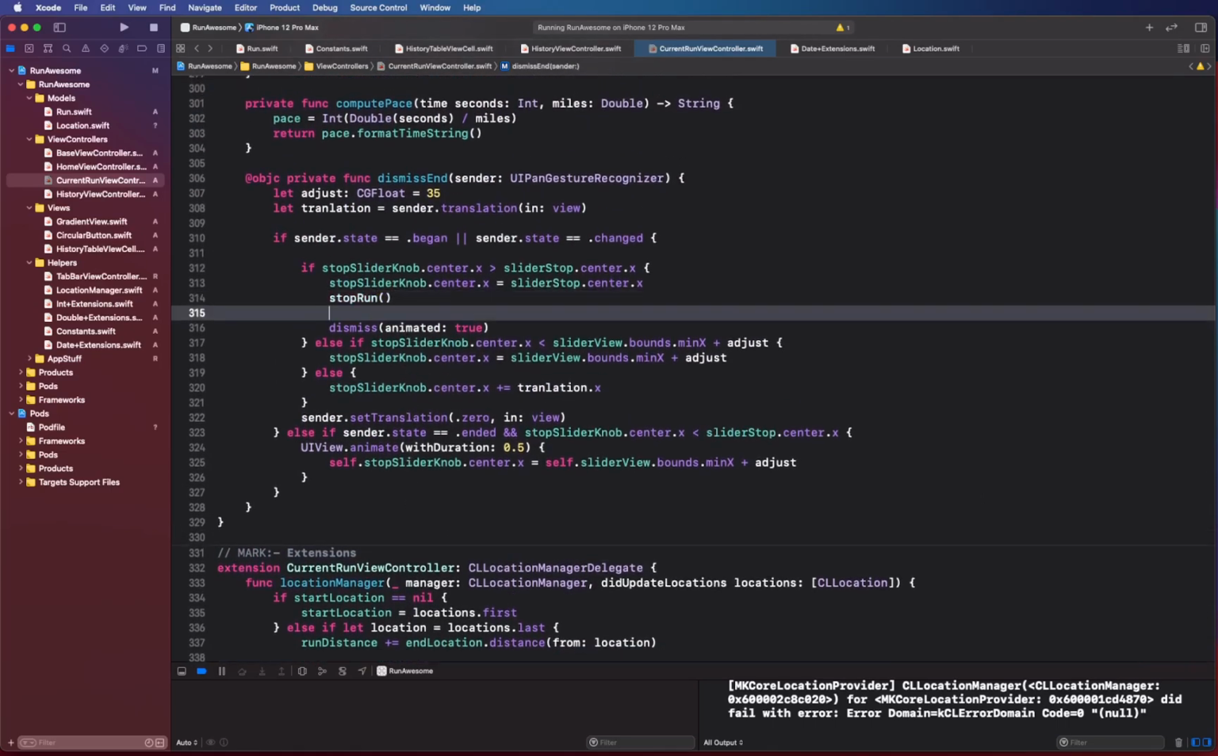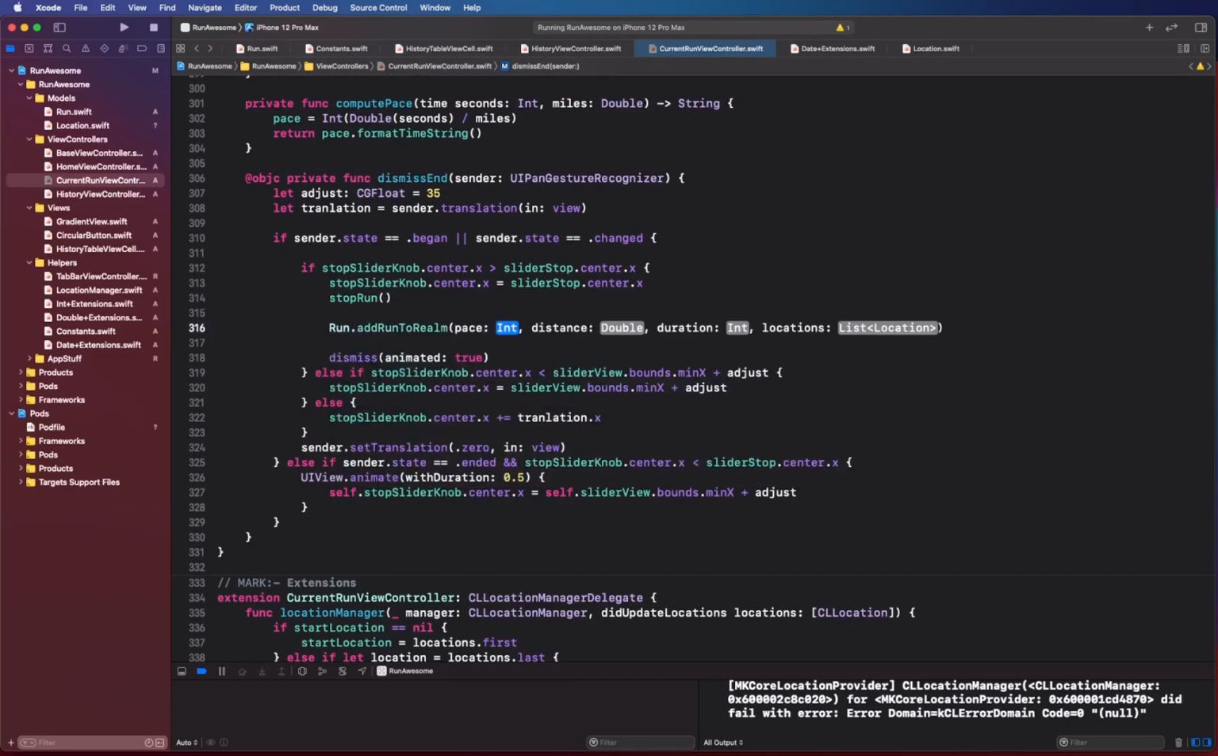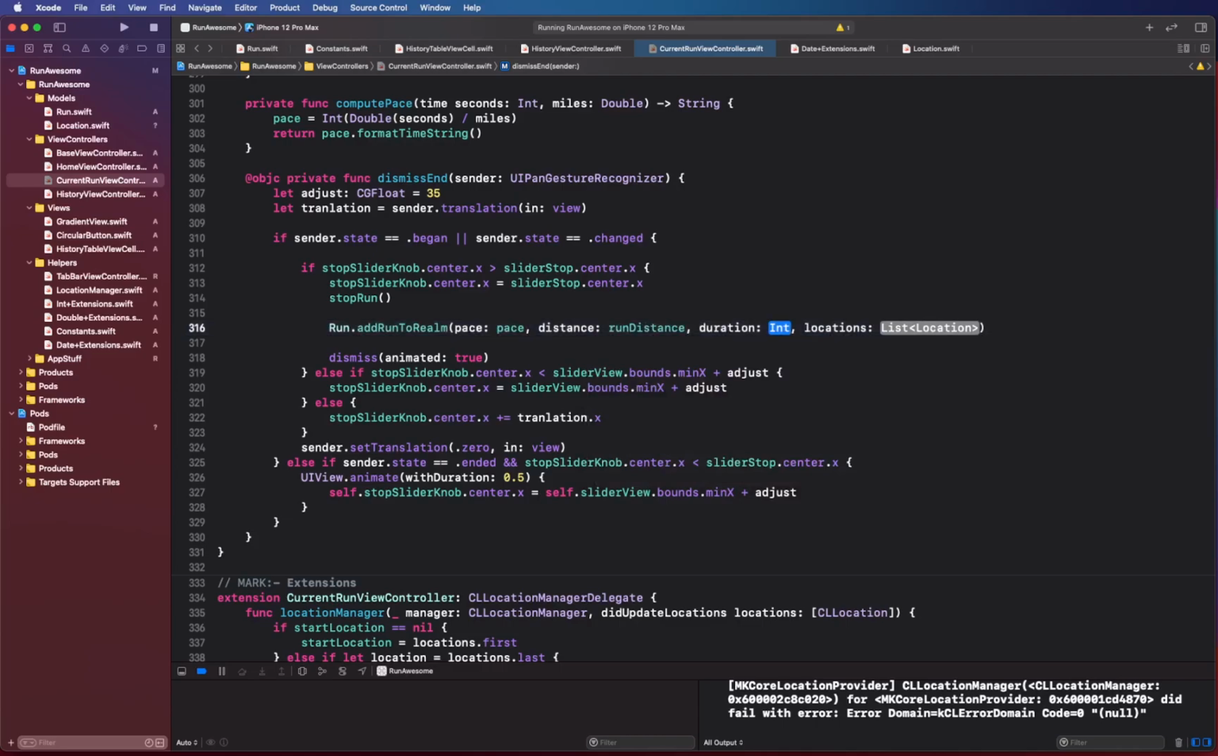So whenever we are calling the stop run, right here, we're gonna say Run.addRunToRealm, and here we are gonna supply pace. We are already computing and saving pace inside a local variable. Run distance. Okay, duration is the time elapsed, and coordLocations. All right, so these are all the things that we're going to be saving, and that's all it should take to save the run